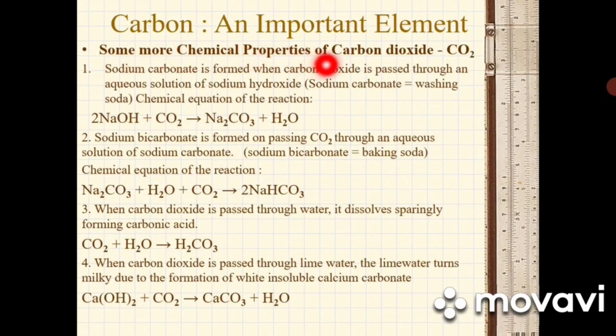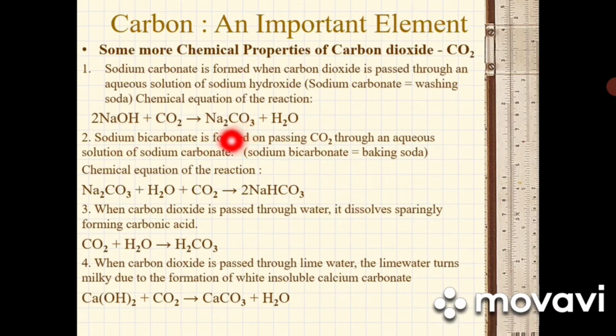Some more chemical properties of carbon dioxide CO2. Sodium carbonate is formed when carbon dioxide is passed through an aqueous solution of sodium hydroxide. Sodium carbonate is also known as washing soda. The chemical equation of this reaction is 2NaOH + CO2 gives Na2CO3 + H2O, where NaOH is sodium hydroxide and